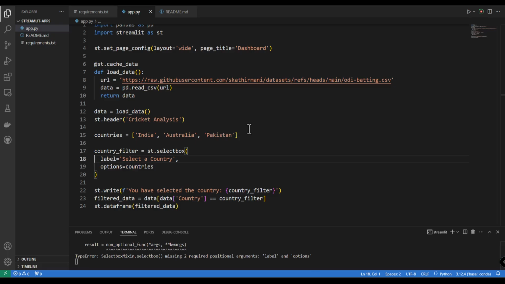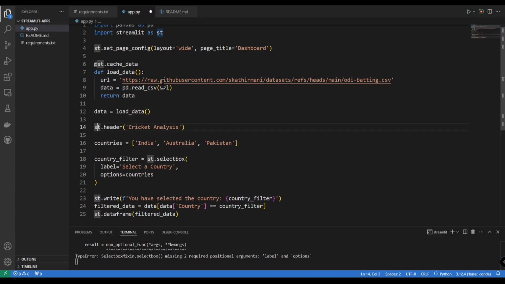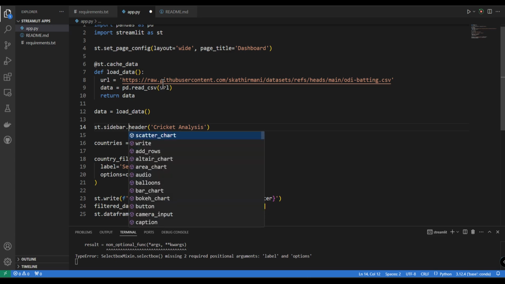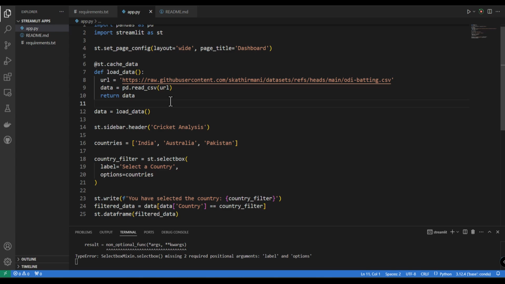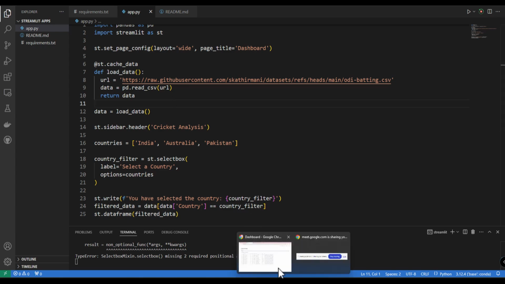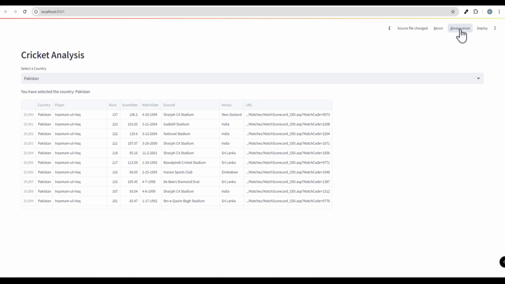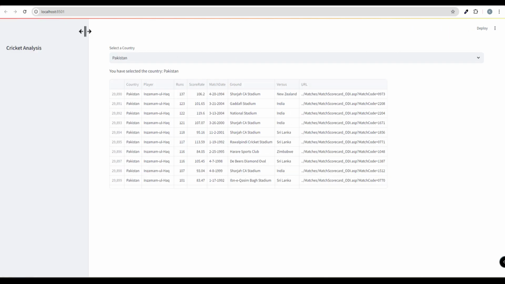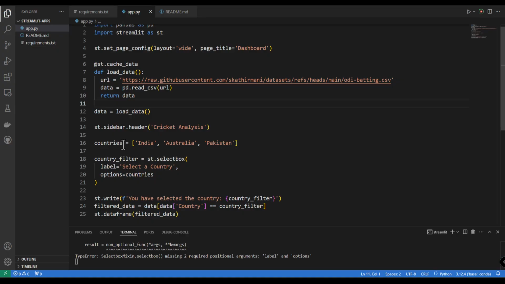The way we create a sidebar is very simple. For example, we said st.header cricket analysis, right? So here I will just say st.sidebar.header. That's it, no other change. If I do st.sidebar.header and then refresh my page, I'll keep it to always rerun. You see there is a very nice sidebar created for us. I didn't do any major change. All I've done is, instead of st.header, I've replaced it with